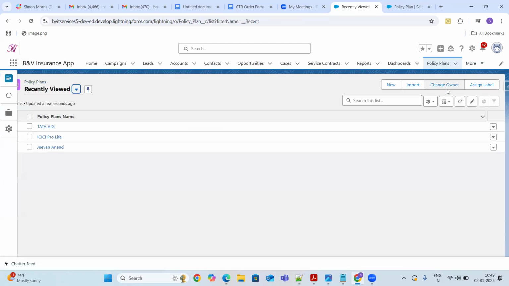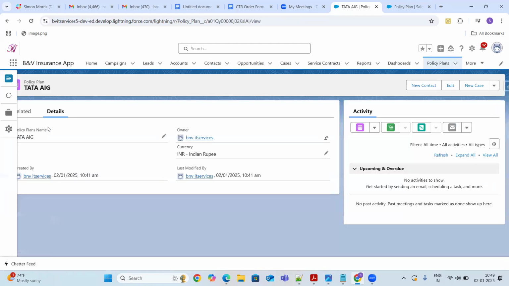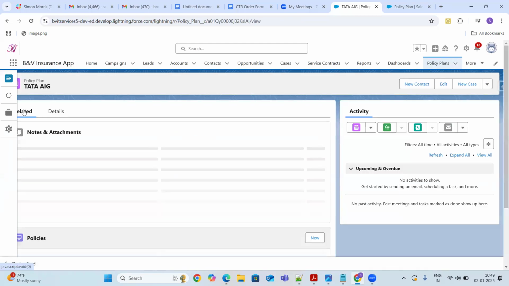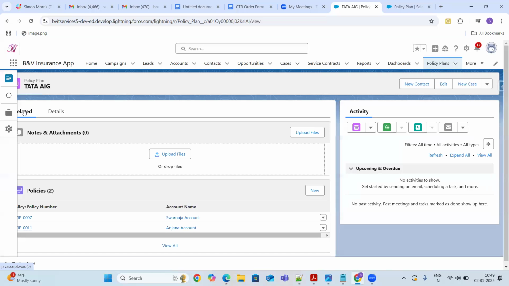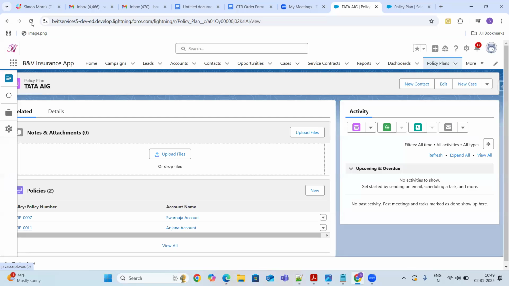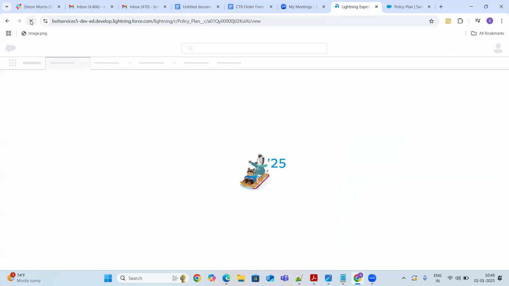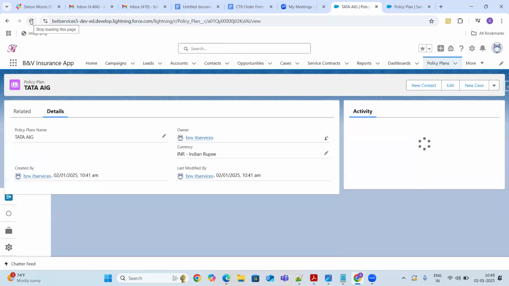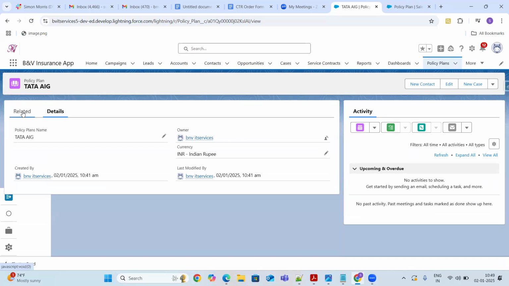Sorry, I need to go to policy plans. So I would like to know who are the customers of Tata AIG plan. Okay, then I just click on Tata AIG plan, and if I click on related, from here I can see Tata AIG.